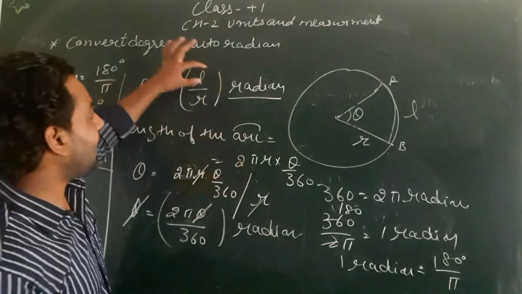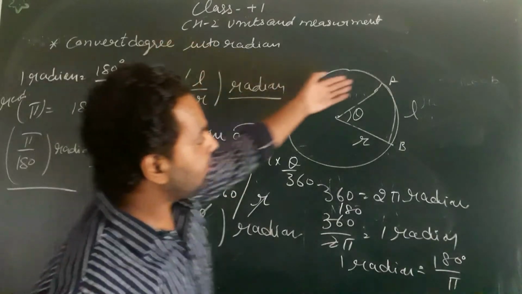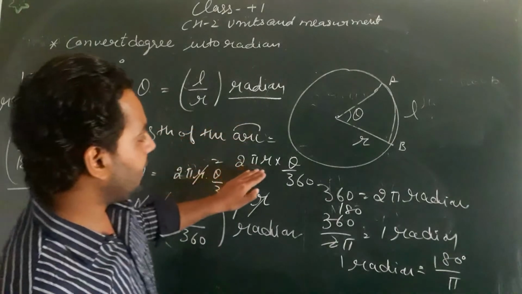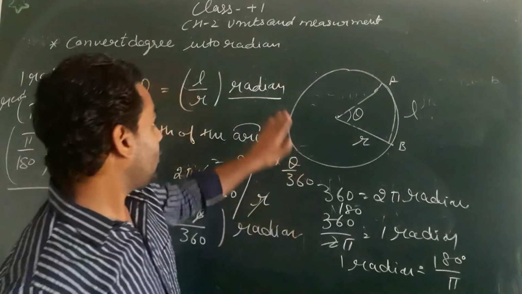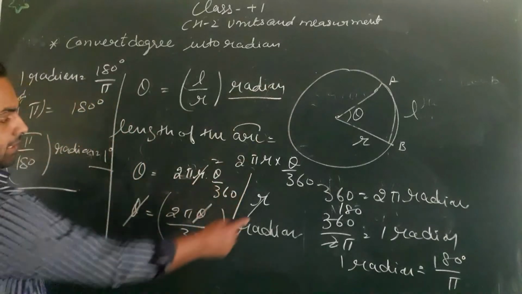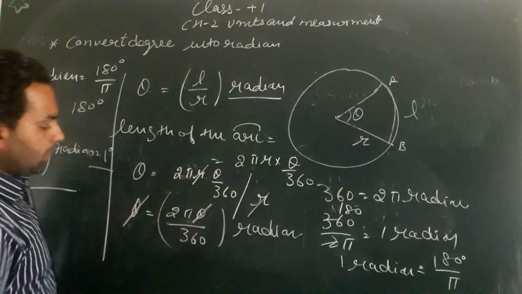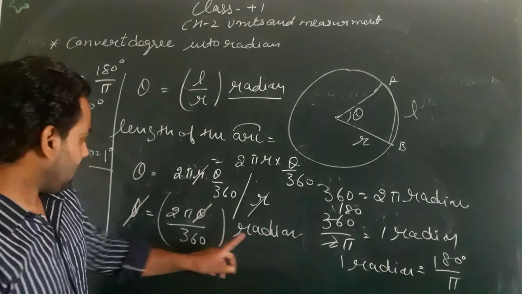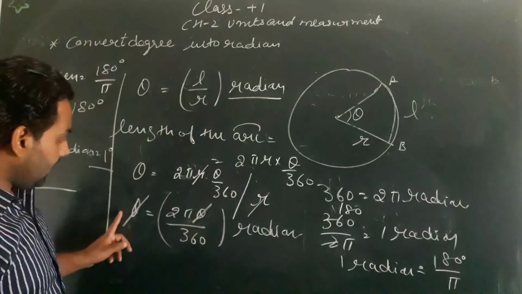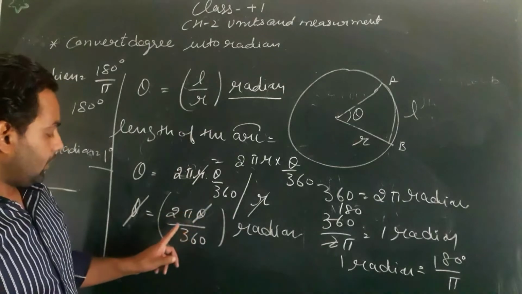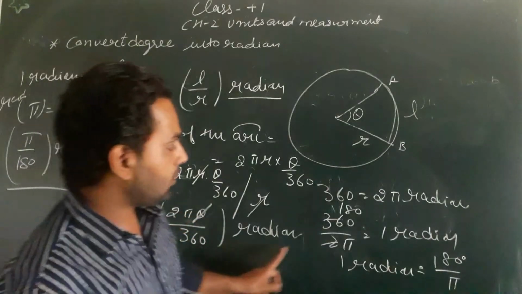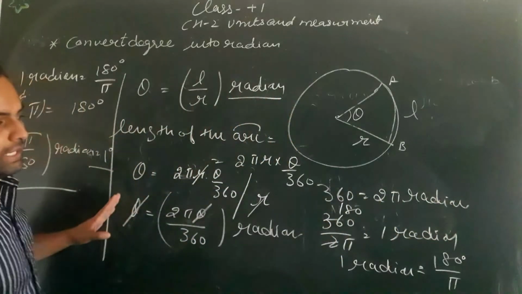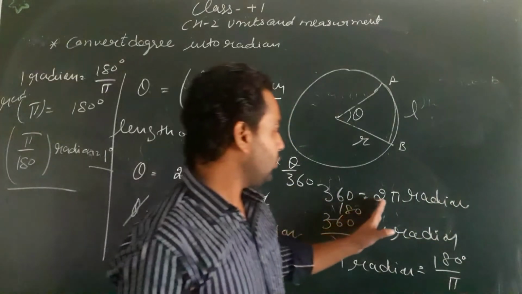So we have to find that L. That L is equal to the length of the arc. In class 10th we discussed the length of the arc is equal to 2 pi R theta by 360. So we'll put it here so that R cancels with R, theta with theta. So we have seen here, कि 2 pi by 360 radian. 1 degree is equal to 2 pi by 360 radian. We will solve it. So 360 degree is equal to 2 pi radian.